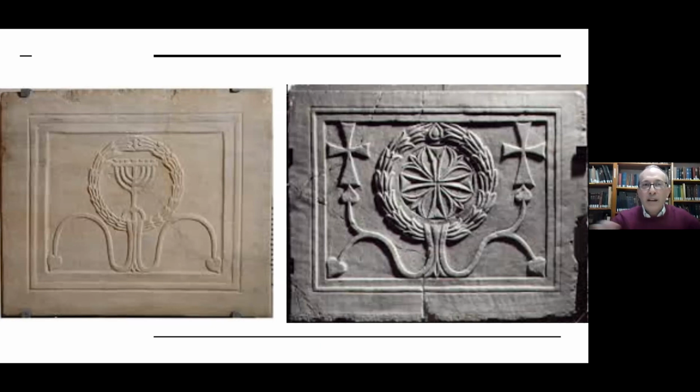Again, there was this borrowing of iconography back and forth, but part of what is so powerful here, right, is that the menorah becomes the symbol of the Jewish people. Just as the early Christians were using the crucifix and the cross was spreading widely, right, across the ancient Near East and far beyond, so did the Jews feel the need to have their own symbol as well. And that's when we see the meteoric rise of the menorah after a 200-year absence.